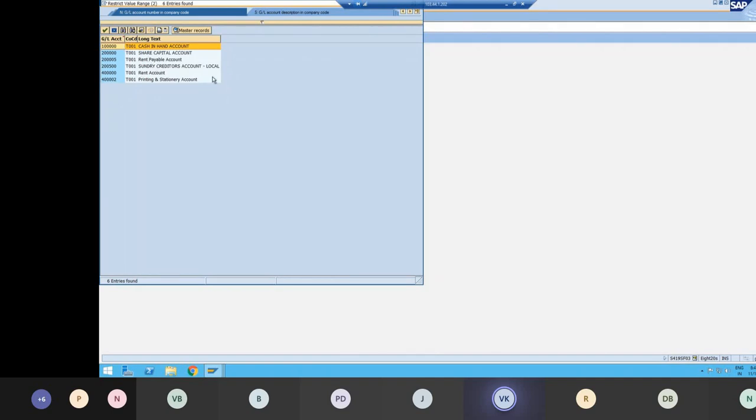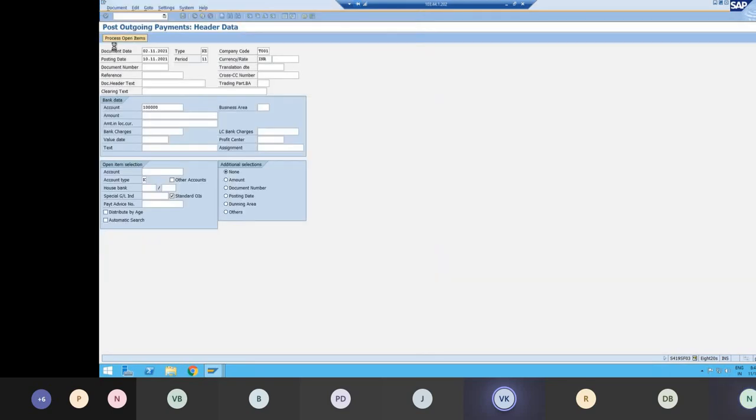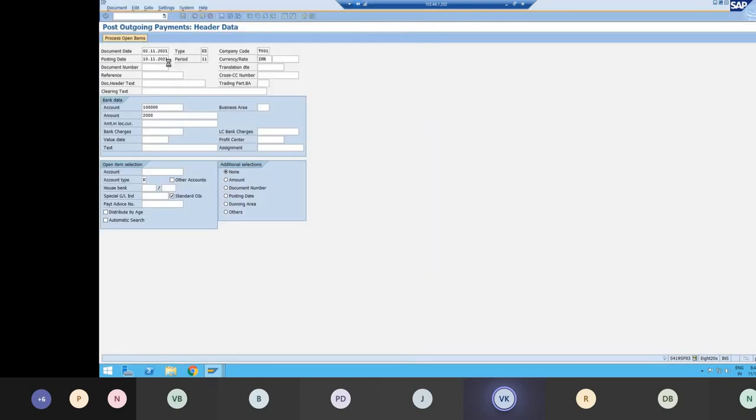Since I've not created bank GL accounts, I'm using this cash in hand. So I'm selecting cash in hand GL. Initially I paid 3,000 and now I'm making another balance payment of 2,000. I'm doing the payment for the second vendor. Just press enter.